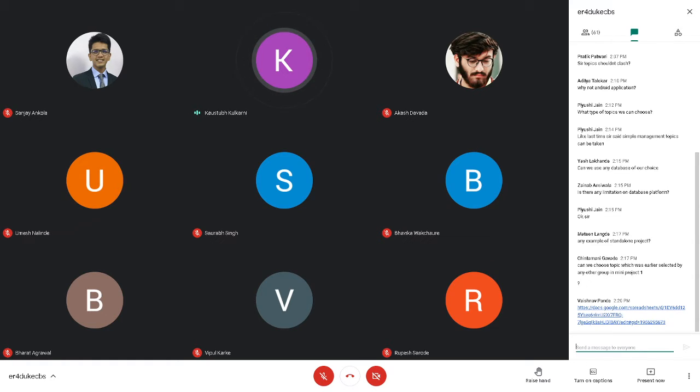The topic you select, okay, Vaishnav has shared a link. Let me check it. Hotel management, blood bank management, hospital, railway, Android app that stores encrypted text, student data, library, digital hygiene, hosting.